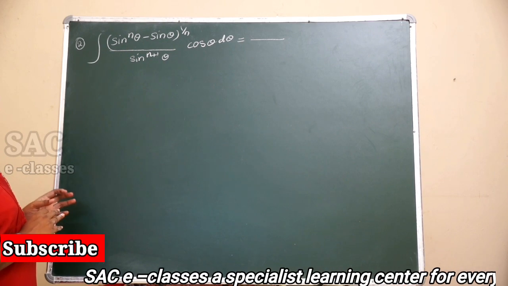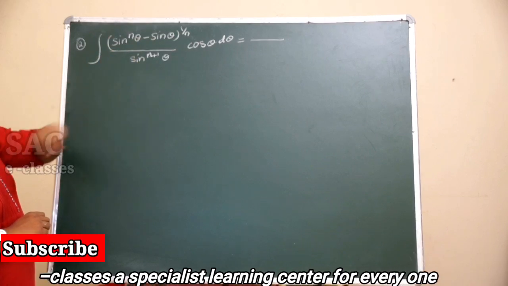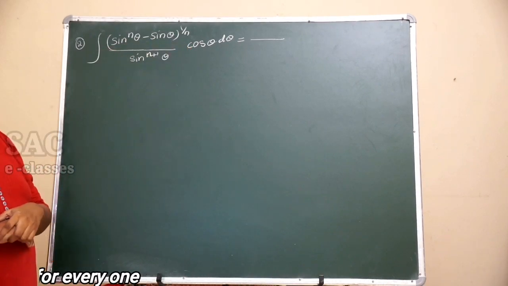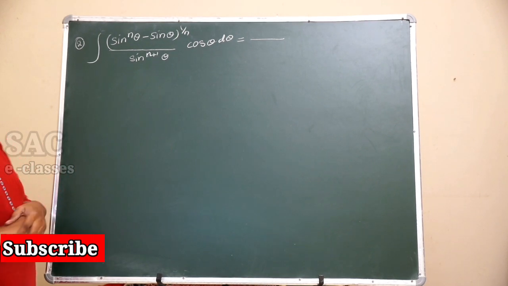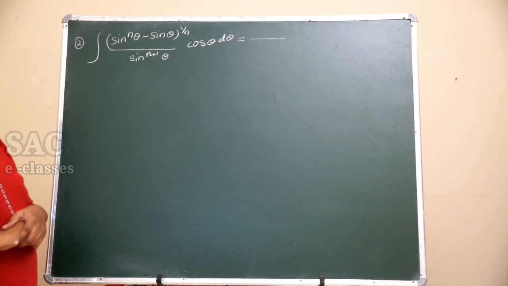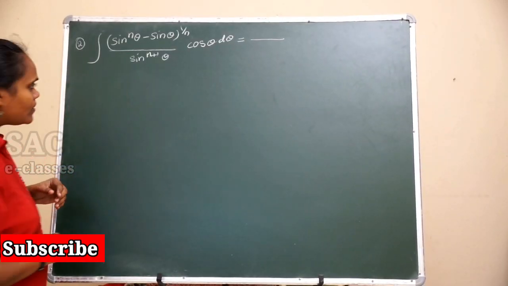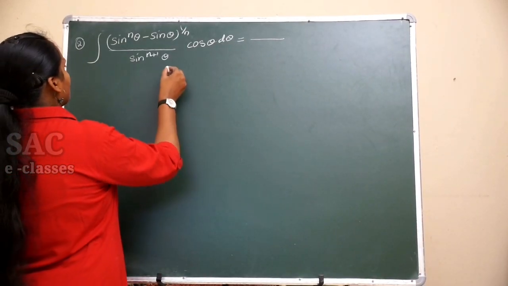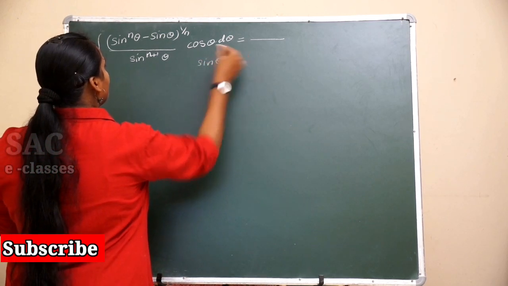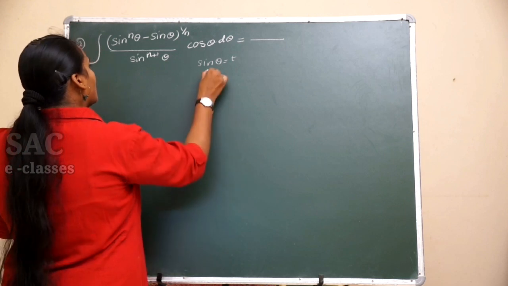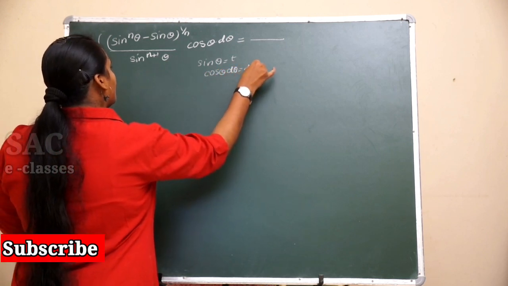The problem is very simple and your idea is also very simple. It is given in sin, and beside it there is some cos θ dθ. At first you can simplify with the help of a variable t by choosing sin as the variable. Simplifying afterwards is also possible. Let us consider sin θ is some t. What will happen now? cos θ dθ is equal to dt.